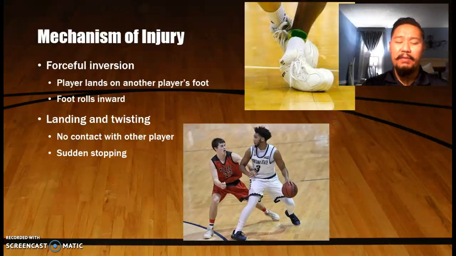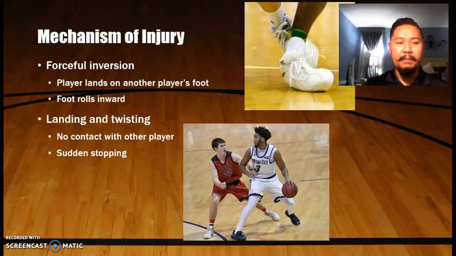It also can be from non-contact. A lot of times it is from sudden stopping or sudden changing of direction. As you see on the bottom picture there, it's not really touching his leg or anything, but he is trying to do a move, and that motion, that sudden forward stop and push back, looks like it's causing a sprain